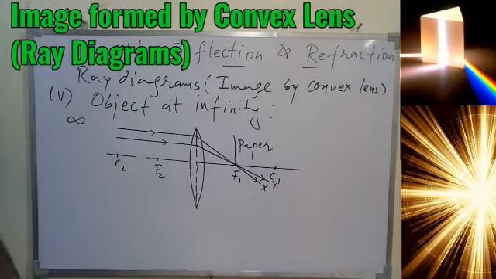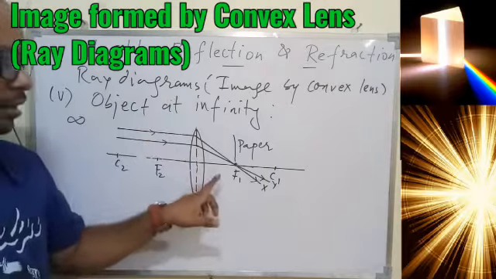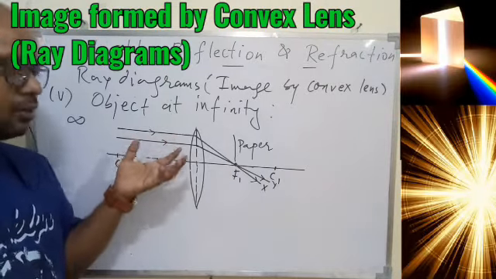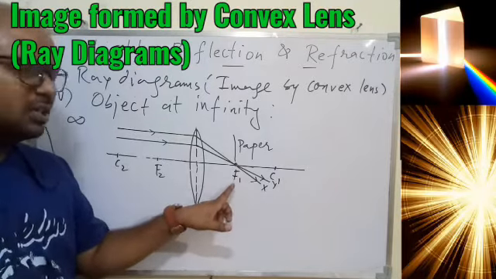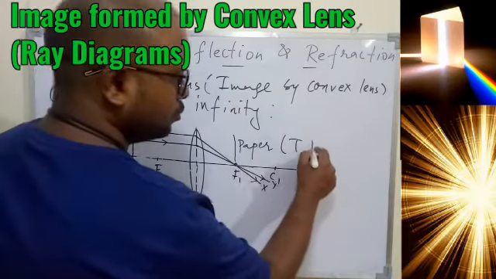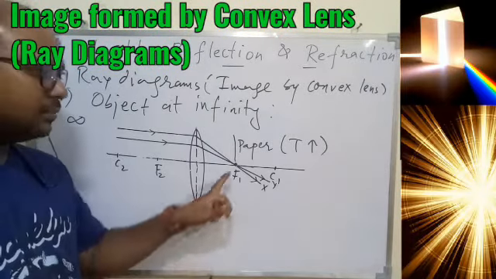So if you place a paper at the focus, then the entire range of light will converge at one point. Each ray has energy or heat. All the heat or energy will converge at one point, F1, and finally at this point F1, the temperature will go higher. So temperature will increase because of the collection of the rays of light at a single point.